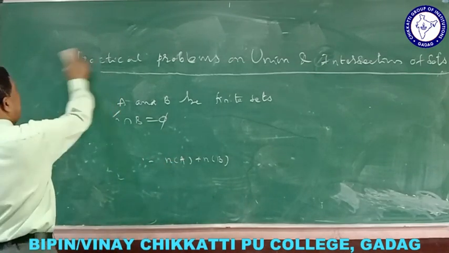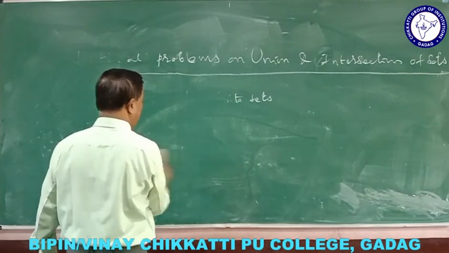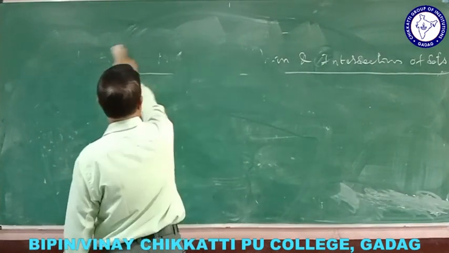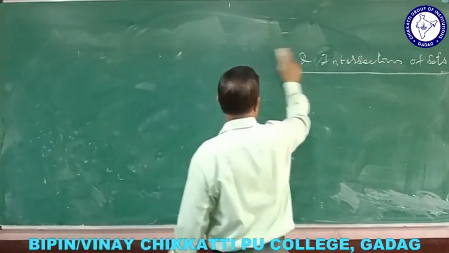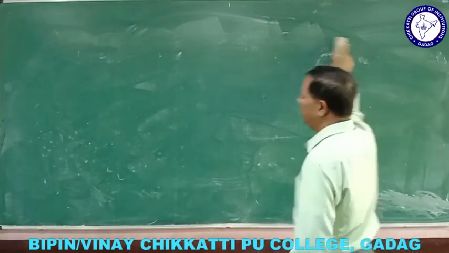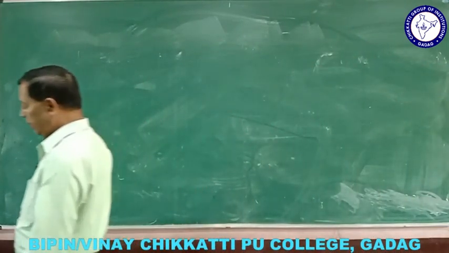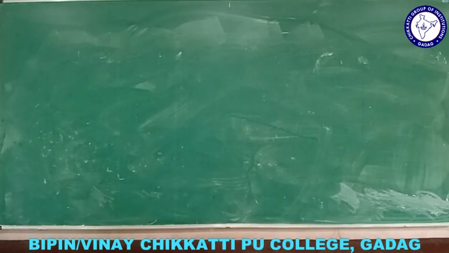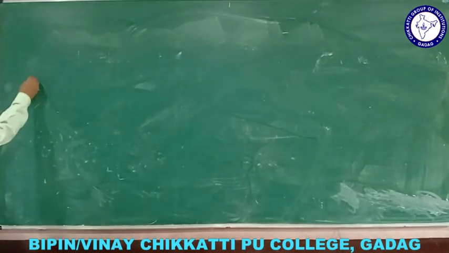So this formula I want to explain briefly how this can be done. Remember once again, if both A and B are disjoint sets, A intersection B is a null set. That is why you have to state this case. And you have already seen this in the previous part, when we went for